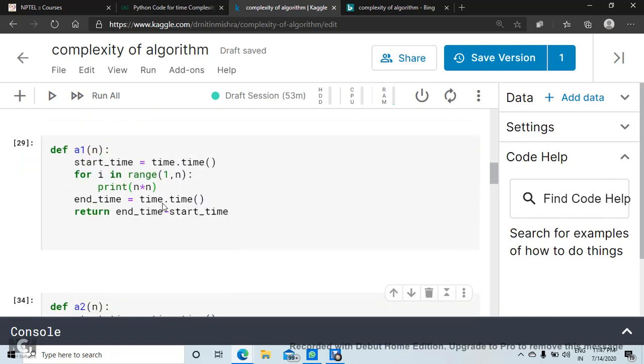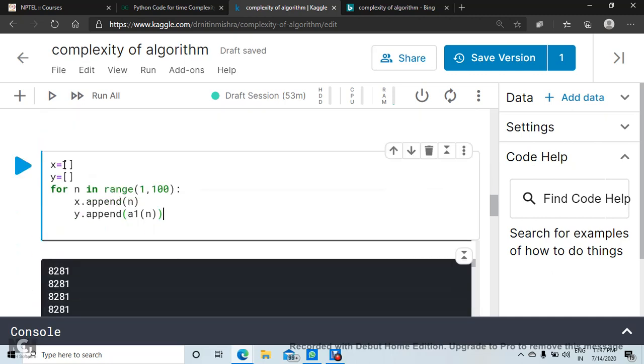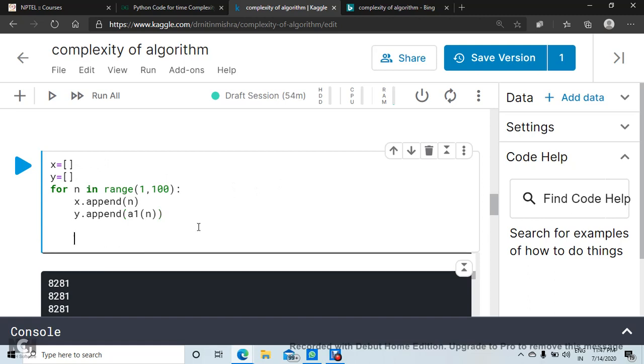As I go back, a1 returns the time taken by the algorithm. Okay, for our convenience I have returned that. So we will generate a list where x will have values like something like this.